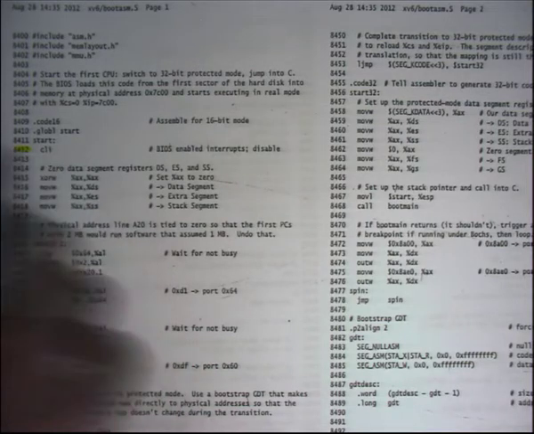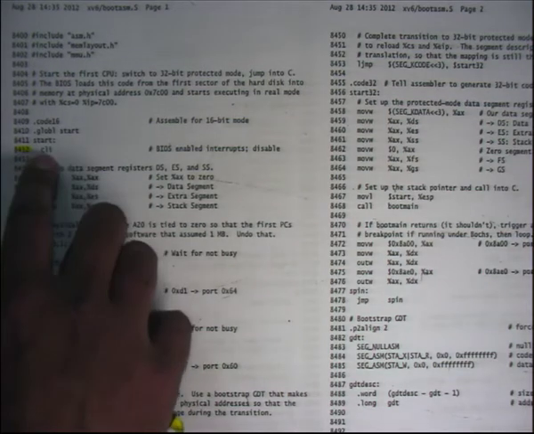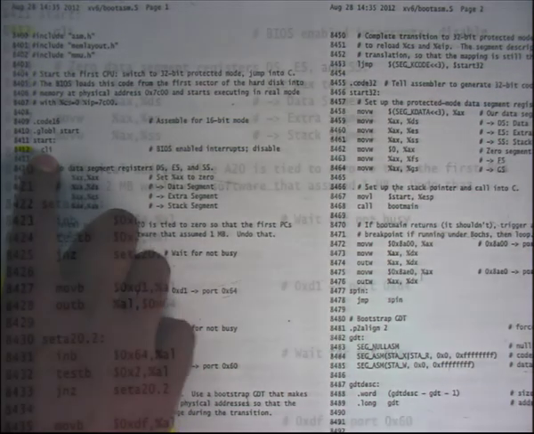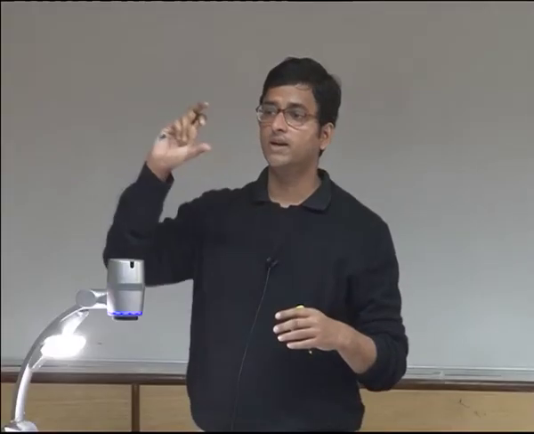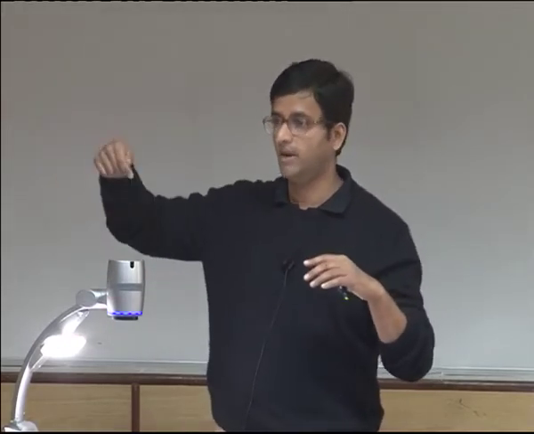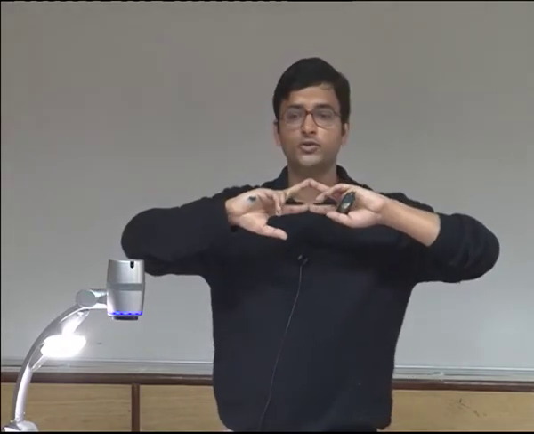So this is the first instruction that gets executed when the computer gets booted up in x86. The first instruction in this case is CLI. CLI is basically just disabling interrupts. So what does the CLI instruction do? Recall that the x86 architecture has this register called eFlags, and one of the bits in the eFlags is whether interrupts are enabled or disabled. If interrupts are enabled, then an external device is allowed to assert the interrupt pin, and my execution will switch to the handler immediately. If interrupts are disabled, even if the external device asserts the interrupt pin, I will not switch to the handler.